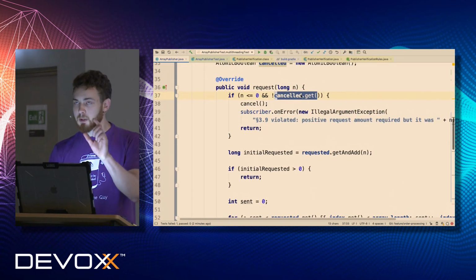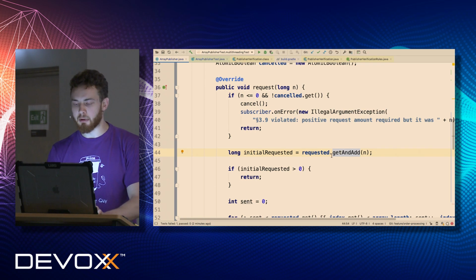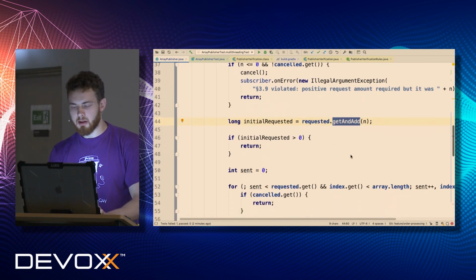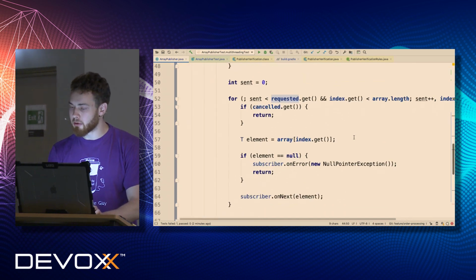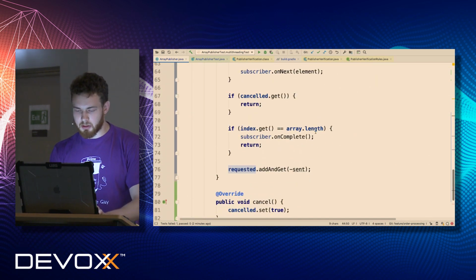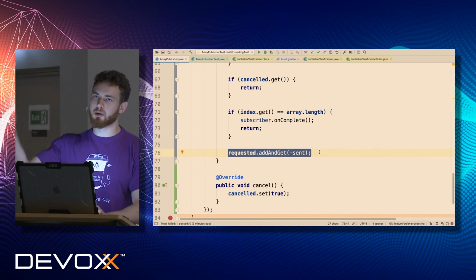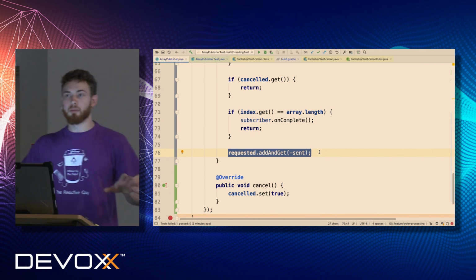Then we use a convenient way to atomically add n elements to our field, getAndAdd, which adds something atomically to our volatile field. Then we read that from our field. And we do almost the same operation when we decrease the number of sent elements, in a thread-safe, atomic way, right?